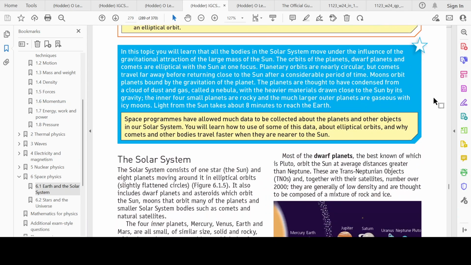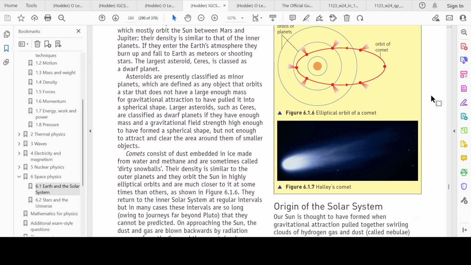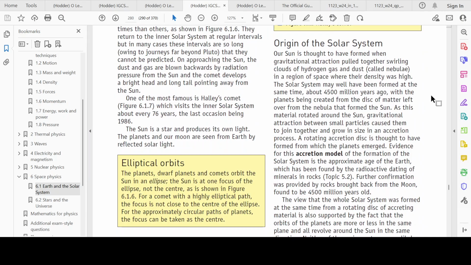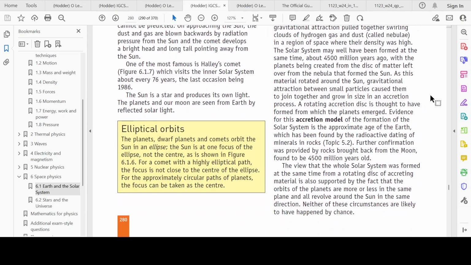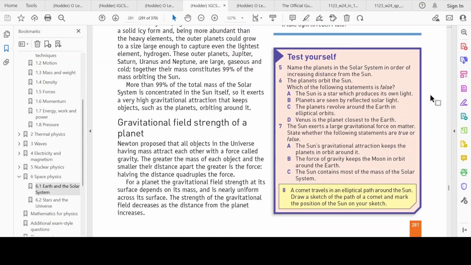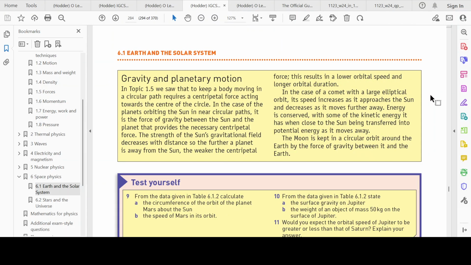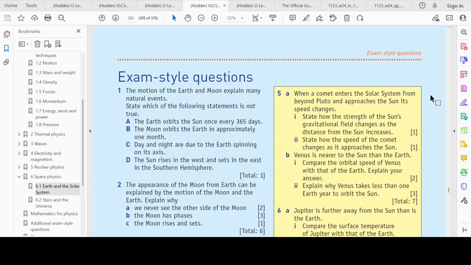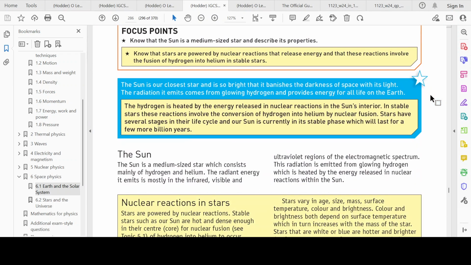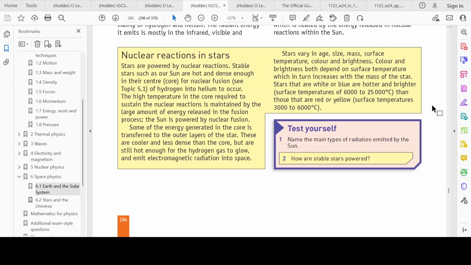Locating that particular piece. Oh yeah, here it is. So,